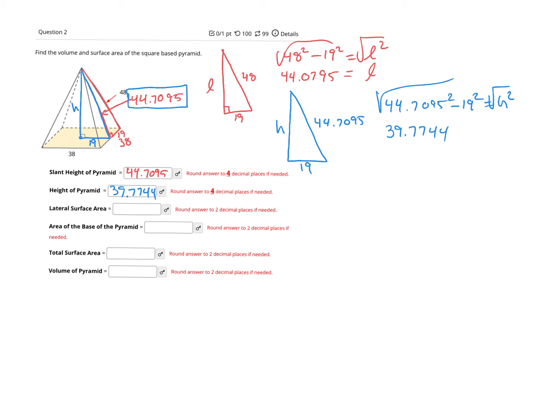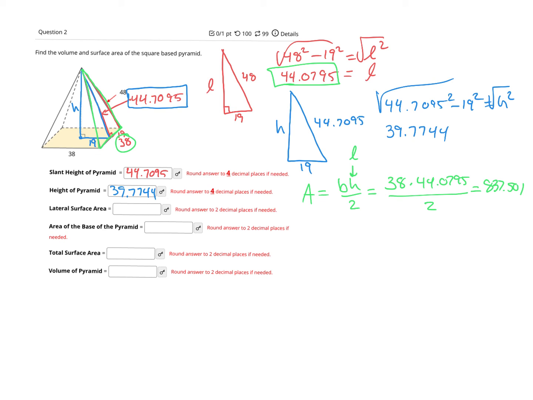Now it's asking for the lateral surface area. Well, to find the lateral surface area, I need to find the area of one of these lateral faces, the triangles, and then multiply that by 4. If I find the area of my triangle, remember that's base times height divided by 2. Well, the height here is the slant height in this problem. So what I'm going to have to do is the base, which is 38, times the slant height, which we found was 44.7095, and divide that by 2. When I do that, I'm going to end up with